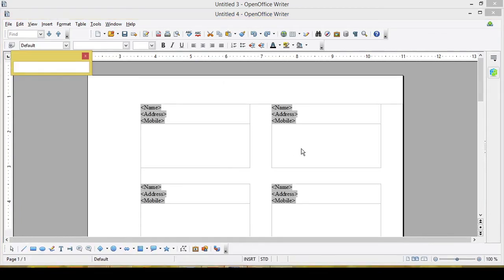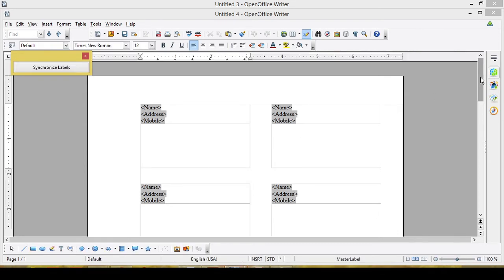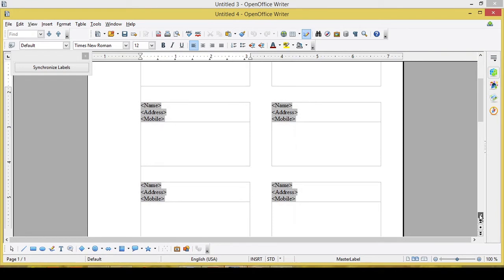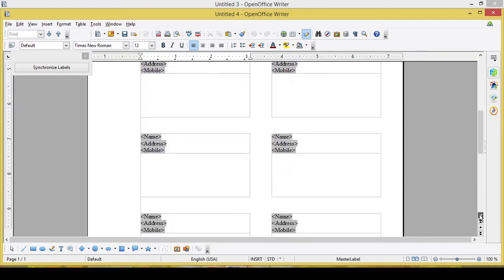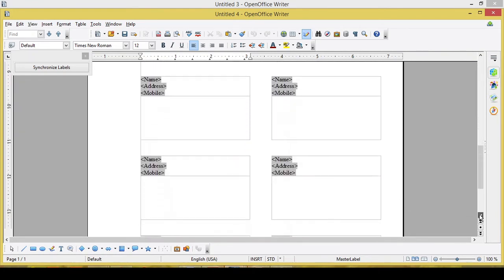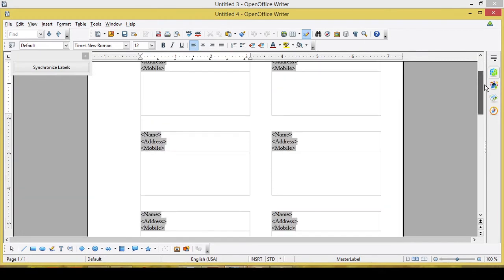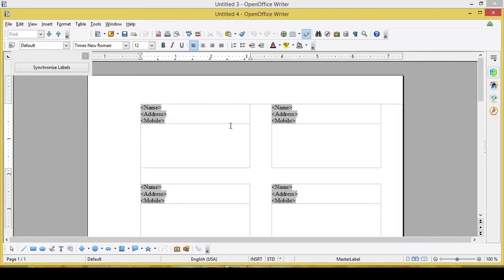Now as you can see, this is displaying the label. As I have already told you, it will be 2 columns and 7 rows. What is 7 rows? 1 and 2. This is third one, fourth one, fifth, sixth and 7. So this way you will get 7 rows into 2 columns, that is 14 labels you can get in one single page. Now let us see how we can print this.